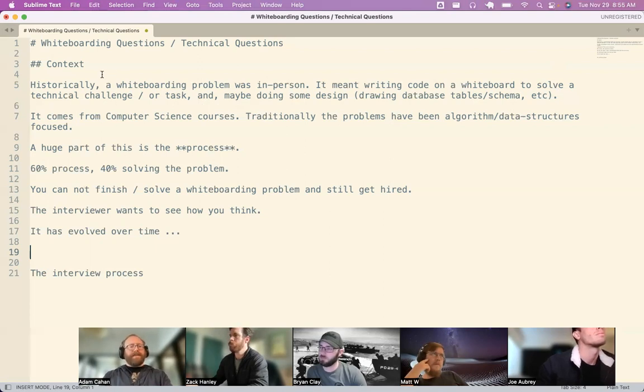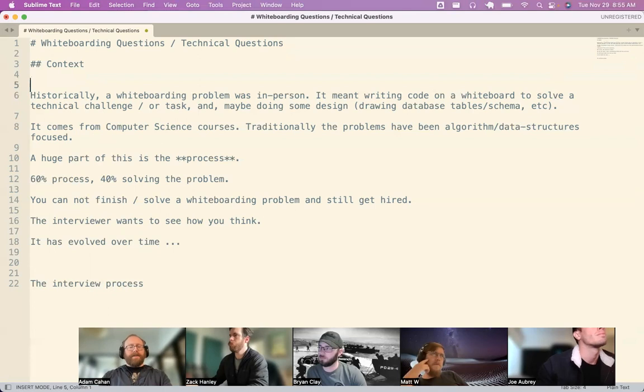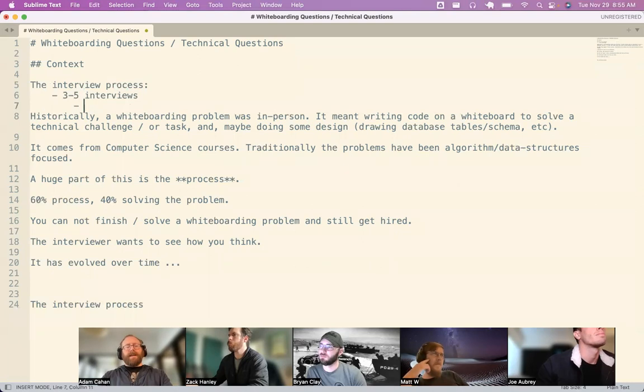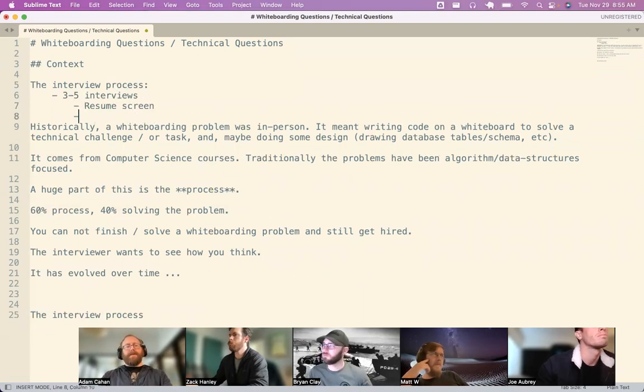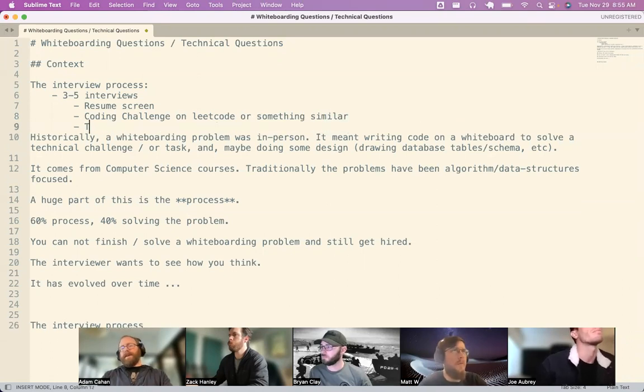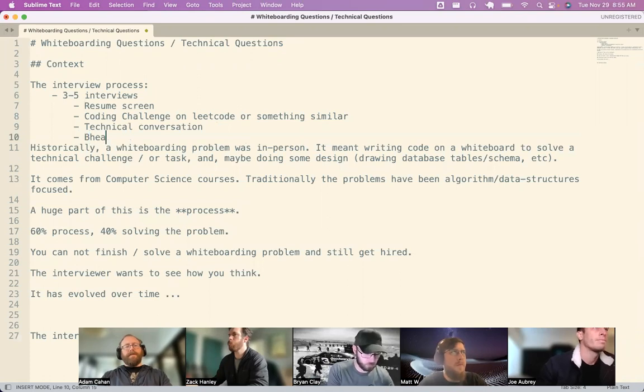Also, I think the context here is the interview process, 3 to 5 interviews. These days, you have to get past a resume screen, right? There's often a coding challenge on LeetCode or something similar. And then maybe there's a technical conversation, maybe there's a behavioral question.